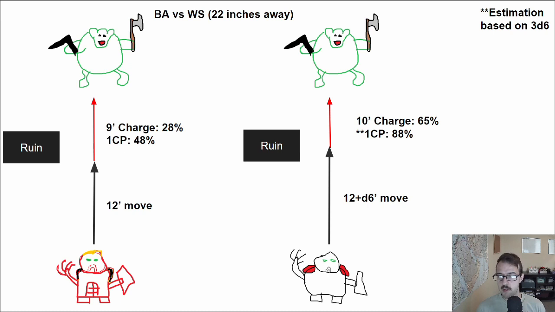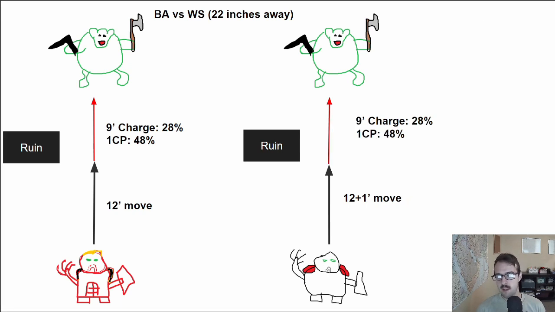One of the biggest reasons is that the White Scars get to roll their d6 for advancing before they decide if they actually want to charge or not. So for example, let's say that White Scars player is in the movement phase, they roll their advance, and they get a 1 on their value. They would already know that their success of charging has gone down to about a 28% chance, or once again a coin flip even if they use a CP,